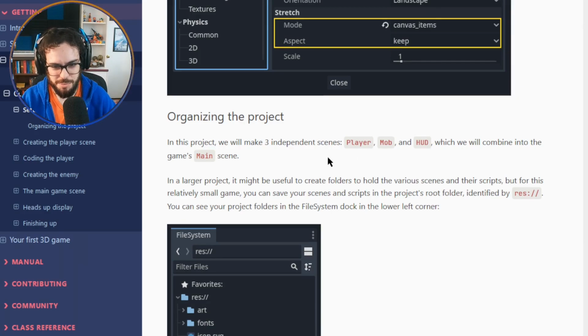There was no save option, just close, so it must be saved. Organizing the project. In this project, we will make 3 independent scenes: player, mob, HUD, which we will combine into the game's main scene. In a larger project, it might be useful to create folders to hold the various scenes and their scripts. But for this relatively small game, you can save your scenes and scripts in the project's root folder, identified by res://